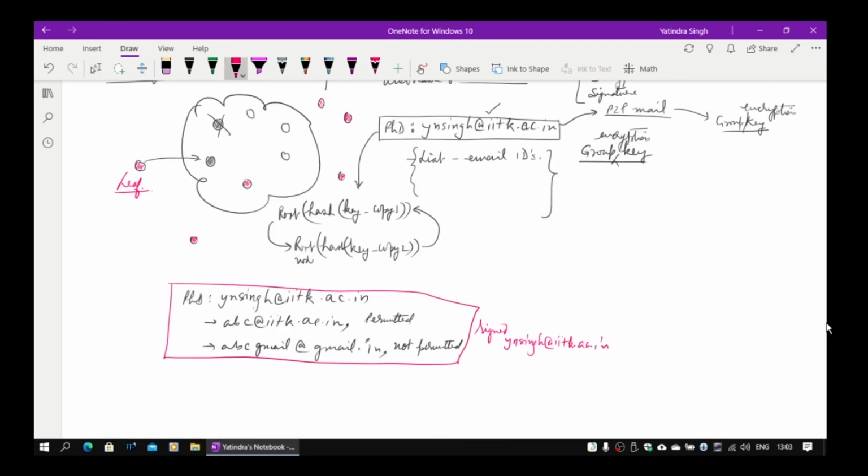In this case, now this guy wants to send a message, what is going to happen? He will find out who is the root node for this. He will simply take the list name, create copy one, compute the hash, and then find out the root. It will go to the root. Even if this node dies off, somebody else will become the root node. Copy 2 will ensure that it goes to the new root node for copy 1. So my request will always be reaching there. So my request reaches here.